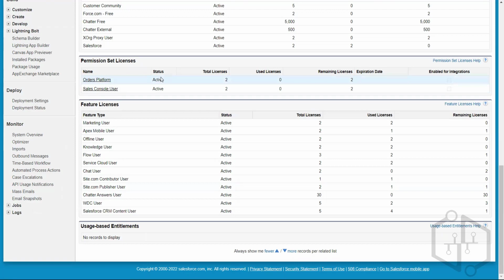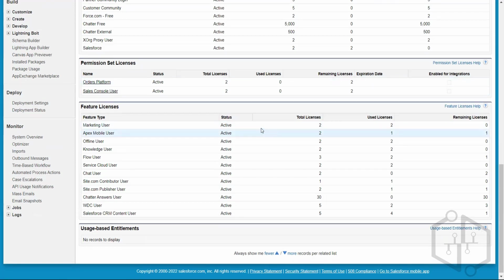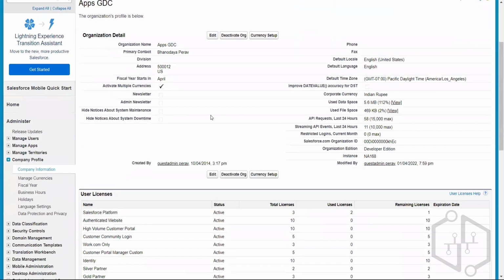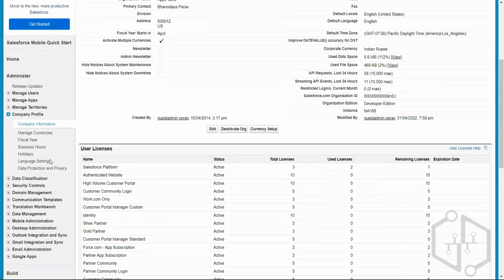So feature license also, right? Same, or there might be a chance of different. Okay. So this is the organization where you go for company information. Okay. So now the next one is like